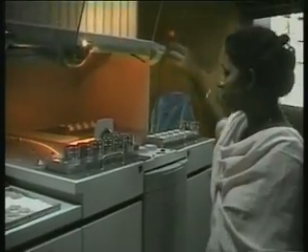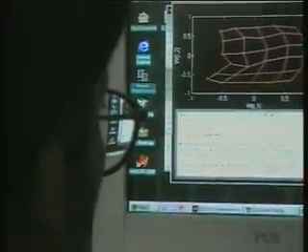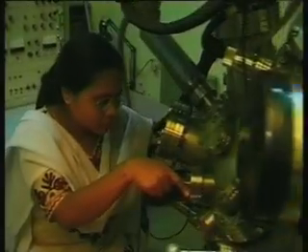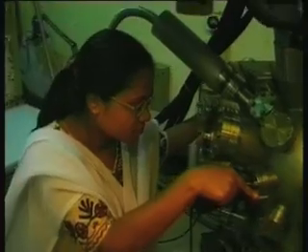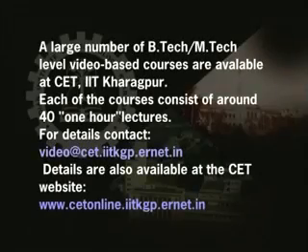At every stage of its evolution, IIT Kharagpur remained ahead of its times. It provided the best of facilities for the budding technologists, helping them shape their own as well as the nation's future. Indeed, today, IIT Kharagpur